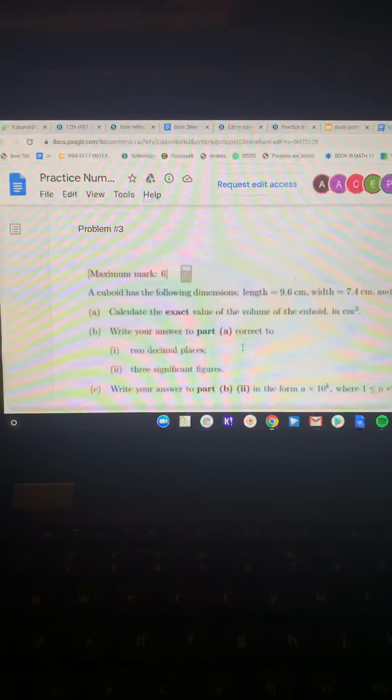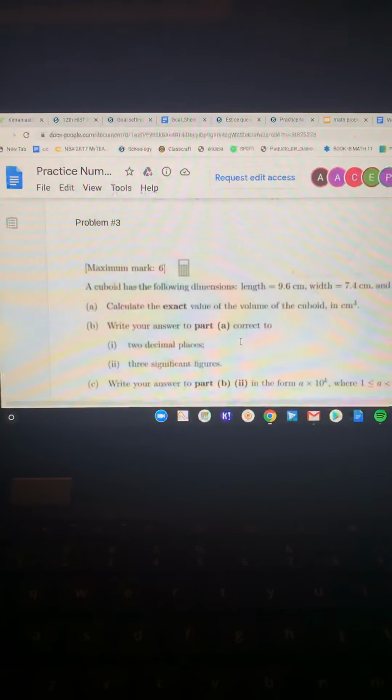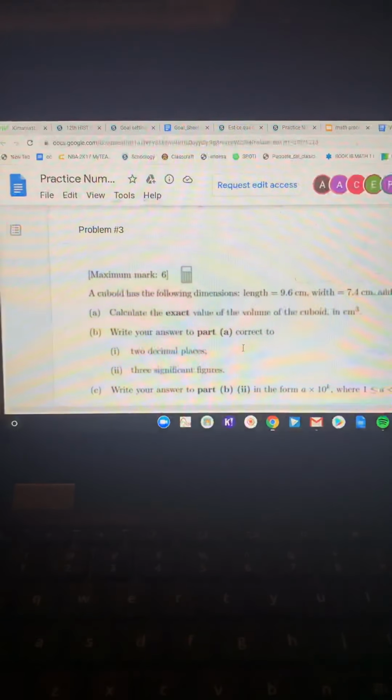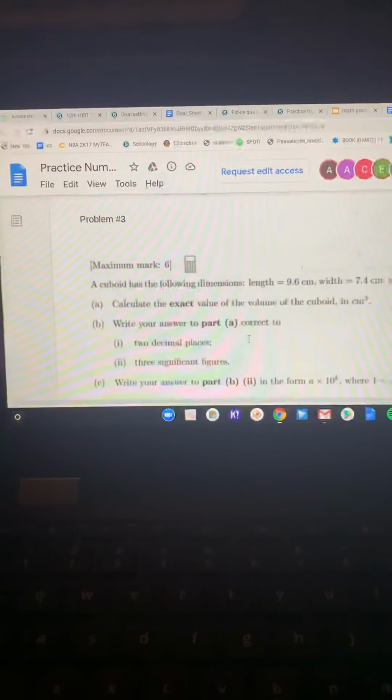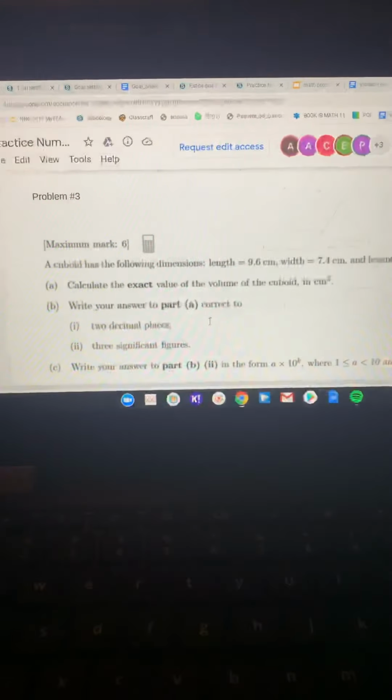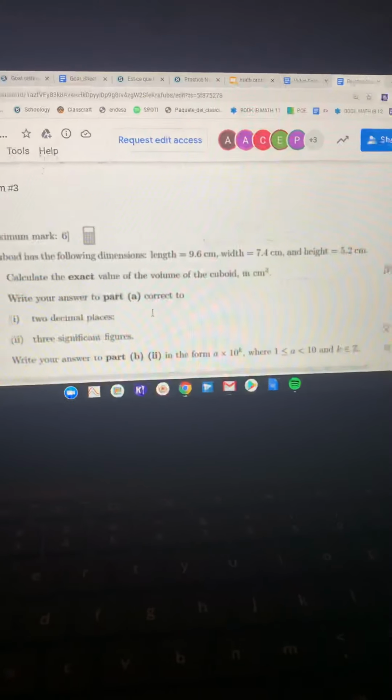Hi, my studio, it's Miguel, and today I'm going to be presenting to you problems 3 and 4 for my group. So problem 3 asks: a cuboid has the following dimensions: length 9.6 centimeters, width 7.4 centimeters, and height